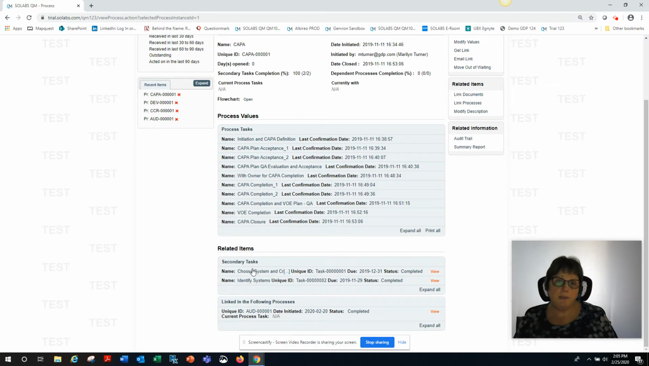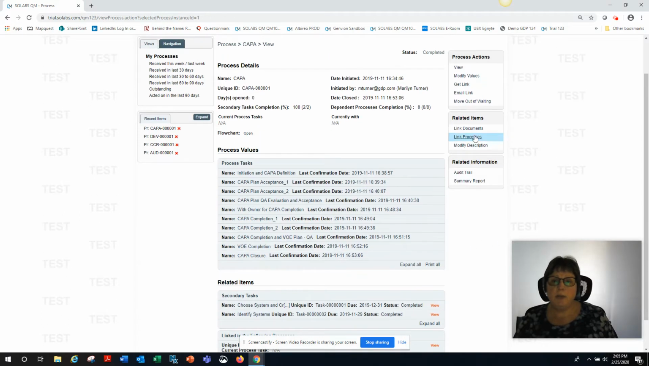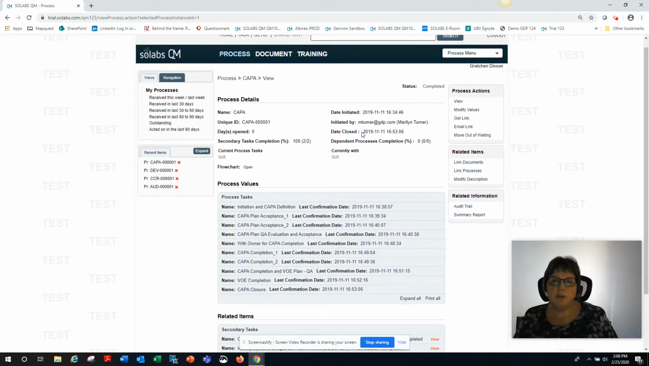The related items section will include any secondary tasks that were created and assigned during the workflow steps, and any linked documents or linked processes. We can link documents at any step in the process, and we can link existing processes. We also have the opportunity to initiate a new child process from within a process, and it can be linked as either dependent or related. If it's linked as dependent, it would show up here and it would need to be completed before this process